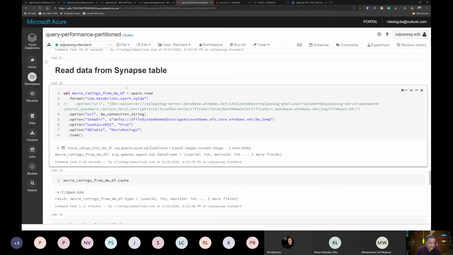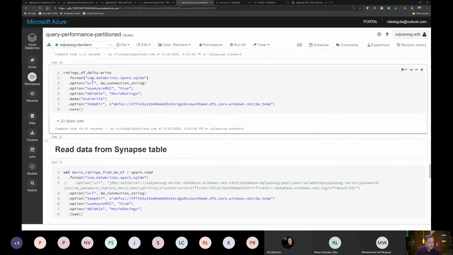So the concept is the same here. When I try to write, it's writing the complete movie ratings table. All the other things are the same here in terms of the format or the driver which I use, the connection string, the MSI option, the table, and the temporary directory.